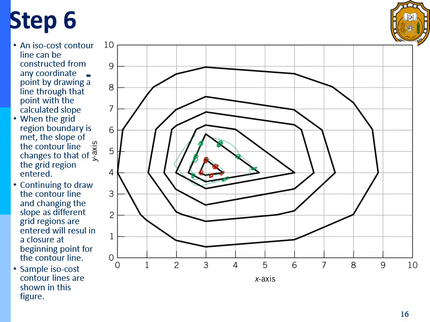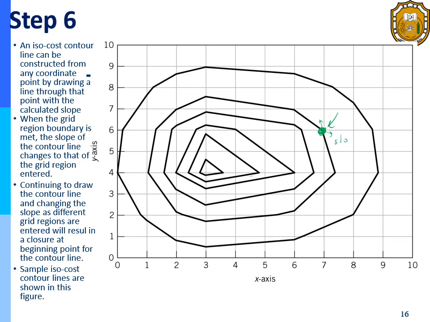But the question is, how did we sketch these contour lines? In the previous example, we just determined the slopes. Then how can we sketch these contour lines? I will be explaining that in another example, but the main idea is this. You just start with a point on the coordinate system, any point. Let's say this one. This is your starting point. And then from this one, you can go either to this or to this grid, whichever you like,